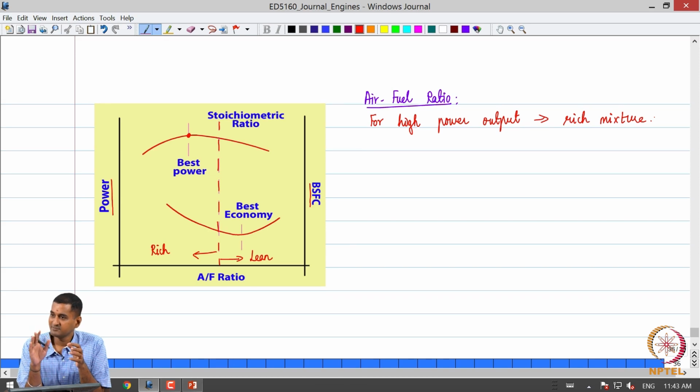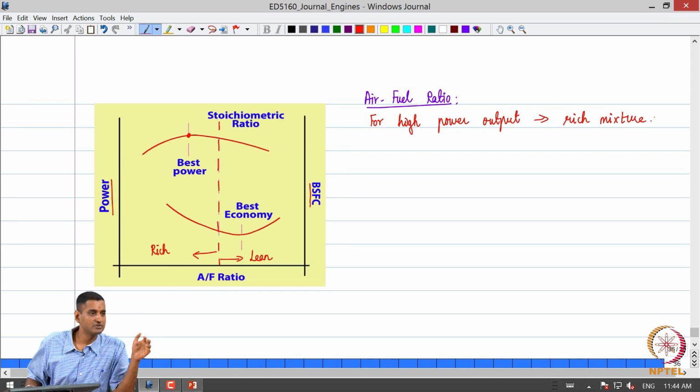What we will do is press the accelerator pedal or throttle pedal a little bit more, and then we expect the corresponding energy to be given to the car to overtake the vehicle in front of us, in another lane. So essentially we would do that. Then, in order to get that process done, I should introduce a rich mixture in the cylinder. Okay, this is one scenario. We will also see where a rich mixture is required under other operating conditions.